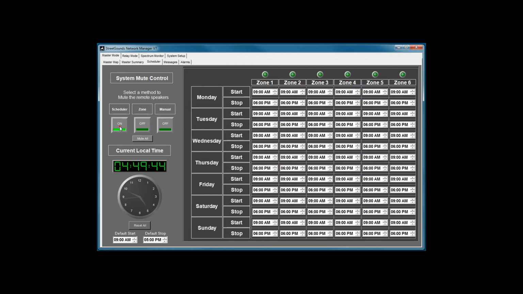So again, scheduler, let's put that back on, and what you'll see is a start time and a stop time on Monday for zone 1, and I'll explain zones a little bit later. A zone is a way of grouping a number of remotes, so that anything that happens to that zone happens to all of the remotes in that zone. For example, if we've got a group of remotes in zone 1 that will come on at 9 in the morning, they'll go off at 6 at night, and then on Tuesday the same thing, and so forth